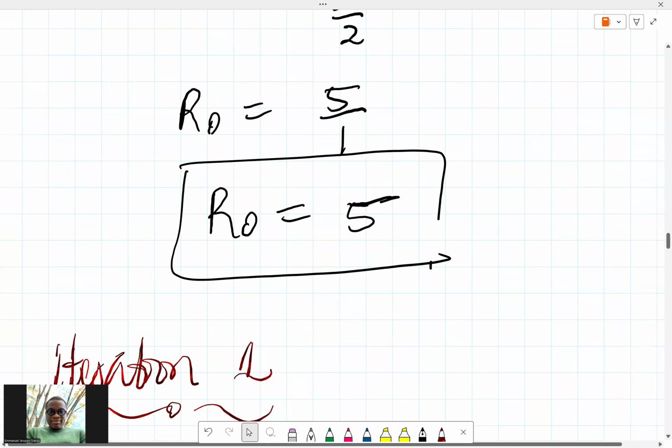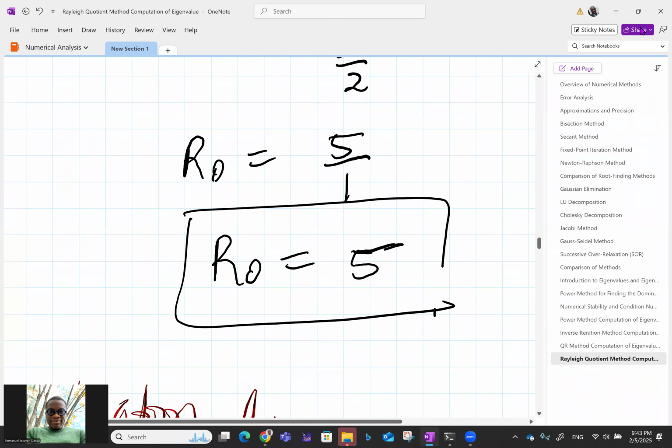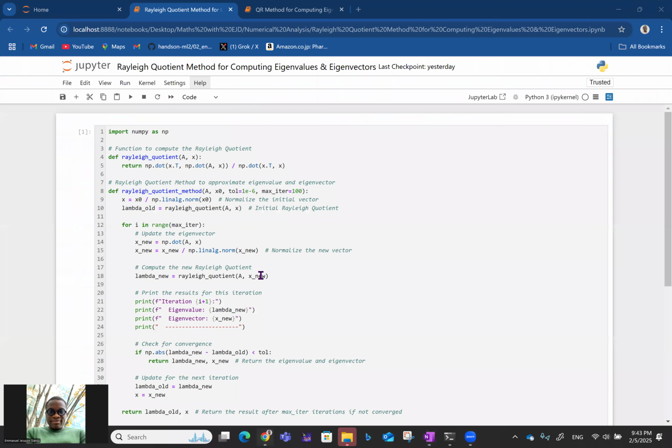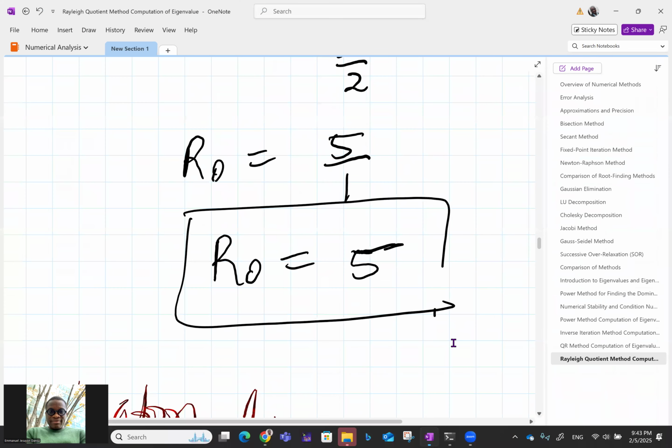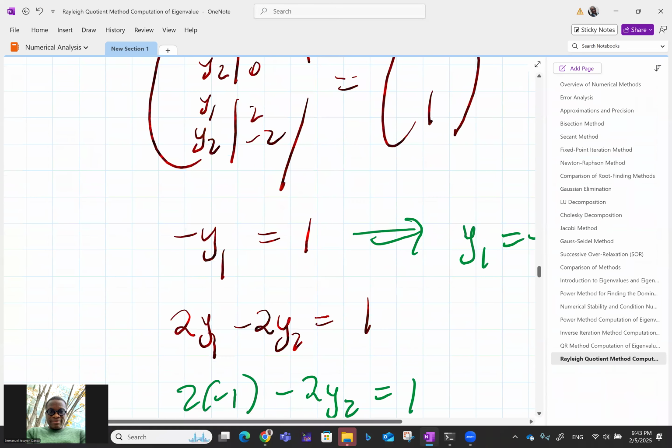Of course, 1 over root 2 is actually 0.7071, and that's what you see from the Python part of things. So with just one iteration, we already have the answer. But I did the second iteration to explain the process. Then the eigenvalue is already 5. So that works. With that, we come to the end of the Rayleigh quotient method for